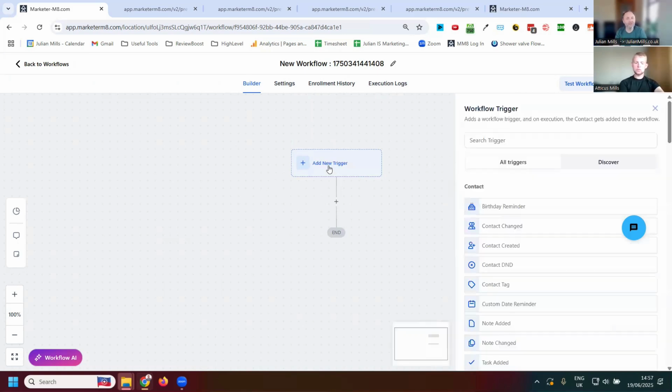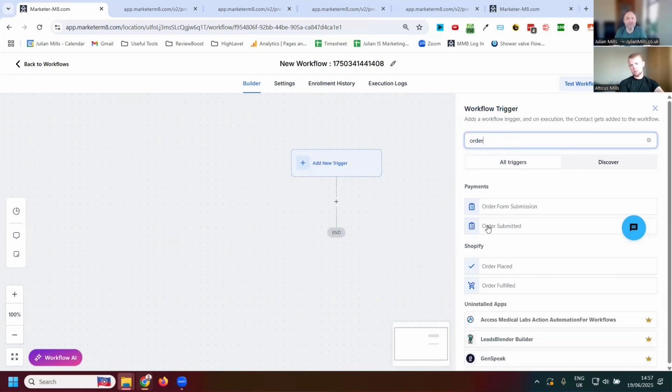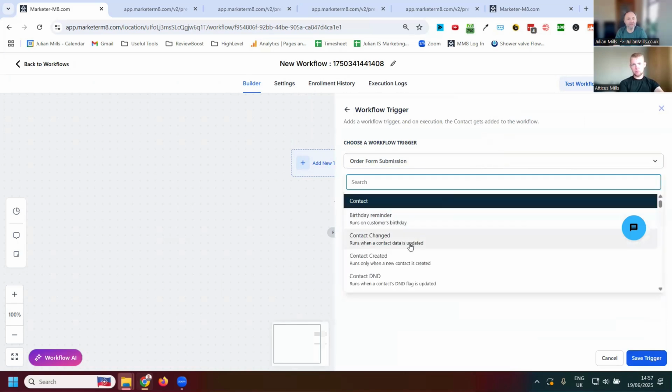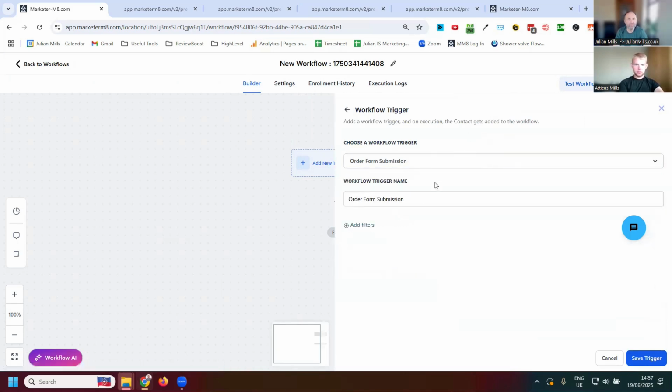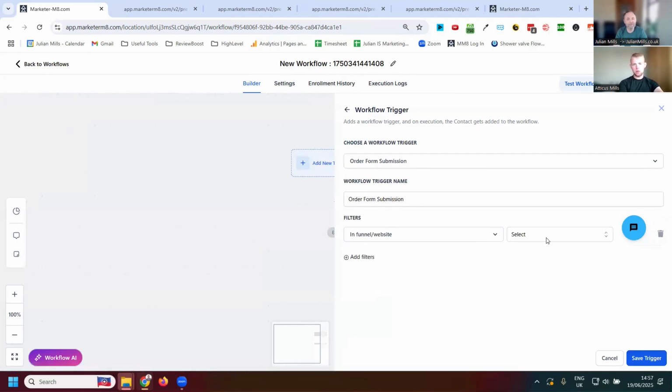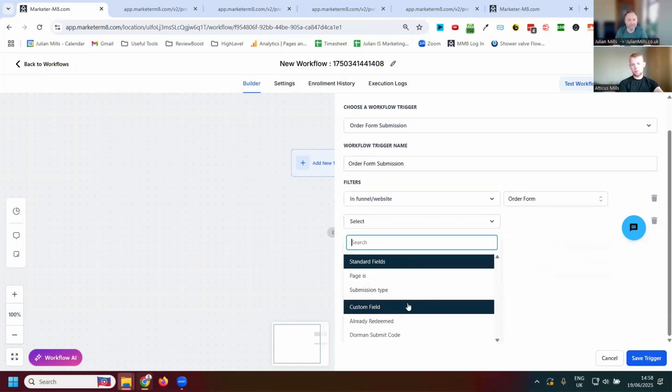So you click on new trigger here. You might type in, while since I did this, type in order. See there? Order form submission. So we could drill down to the actual order form. Here, for instance, we'd drill down to the funnel first of all. Well, you see here, I've got one called order form because we named it order form. So it's looking for orders coming from there, and it's got to be for the submission type,